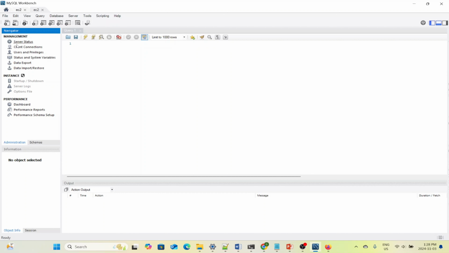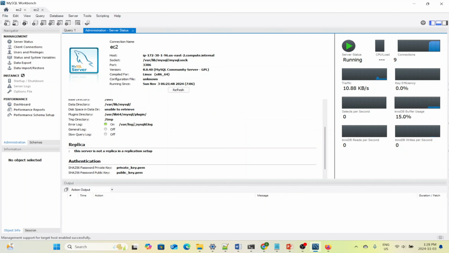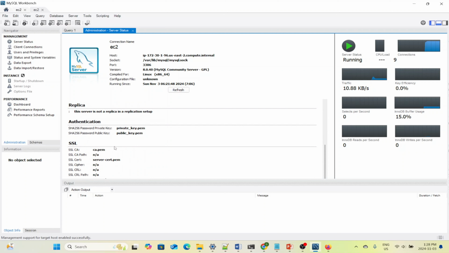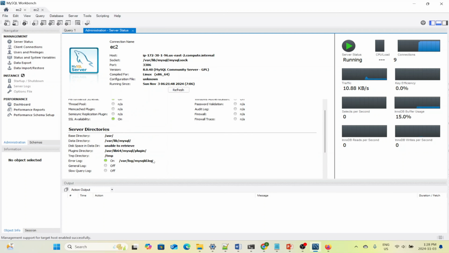We have the administration. So here a lot of good tools to diagnose and administer the server are here. So they give the host and then the version, the type of system, the directory of your socket file, all things that we've seen before. Your data directory, your plugins directory, your SSL certificate authority, whether any replication has been configured for the server, if your error logging is on and where it gets logged to. Very helpful stuff for diagnosing